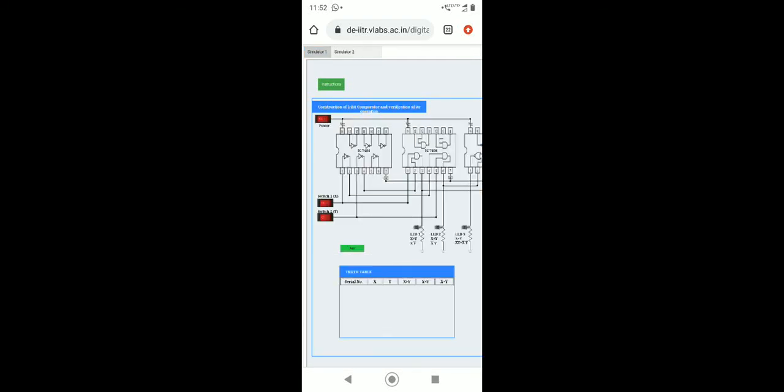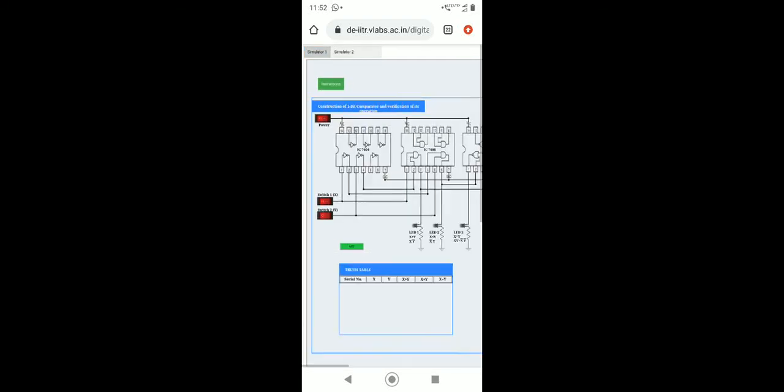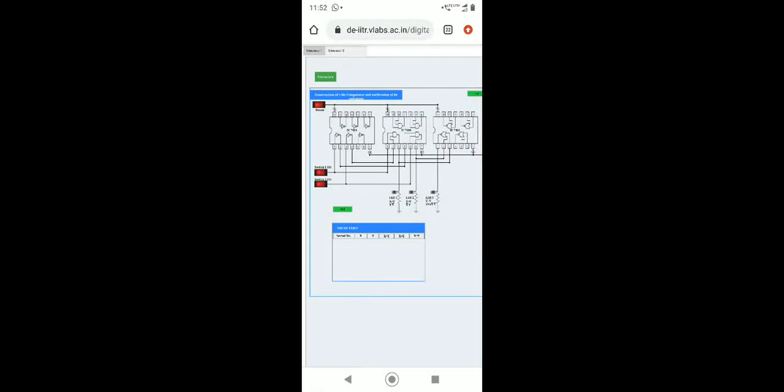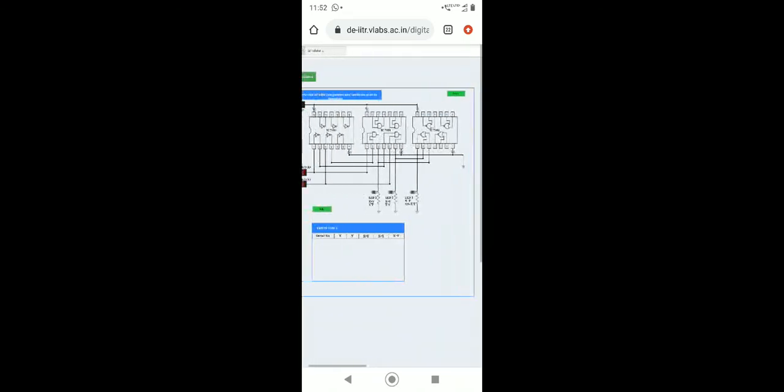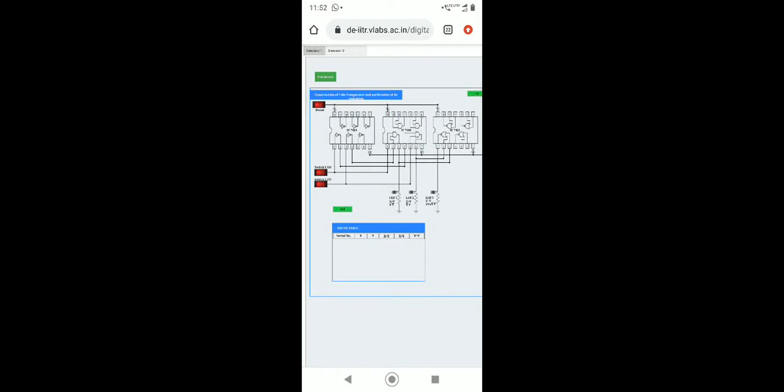Now we will shift to simulator 1. In simulator 1, we can see the 7404, 7408, 7402 and how they are connected. First of all we will turn on the power. You can see now it is on. Switch 1 we will turn on, switch 2 we will turn on.